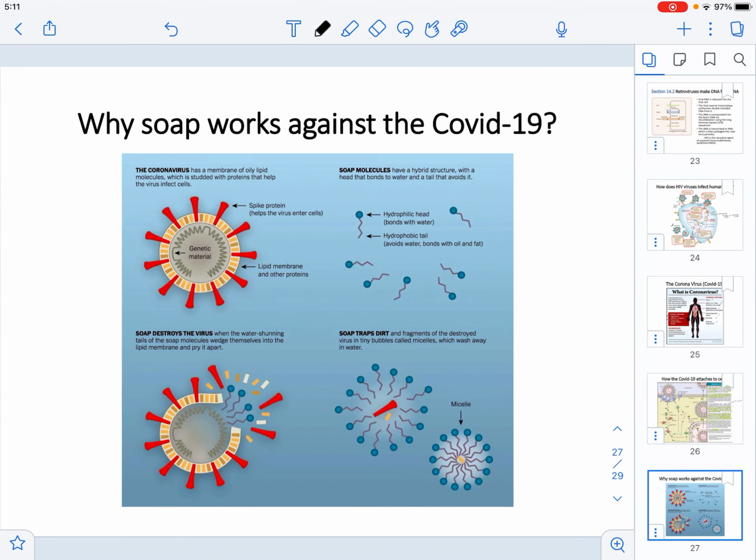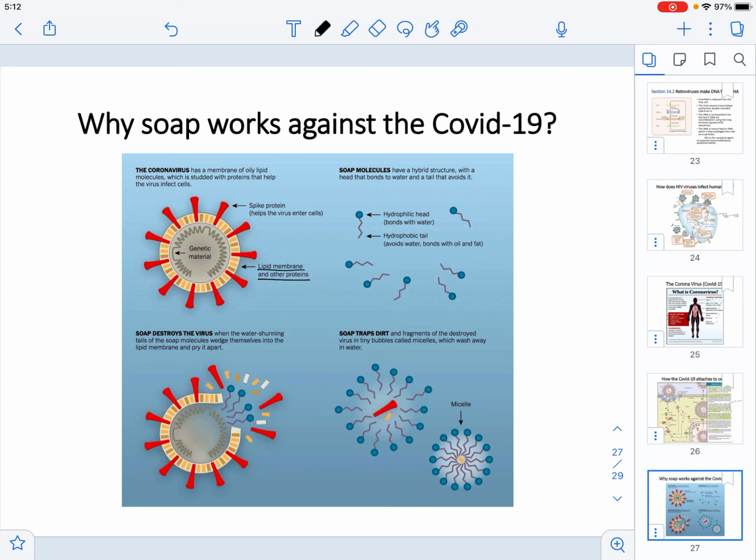Now, currently, one of the main recommendations that have been given by doctors and even the health association around the world is to wash your hands as you move in everyday life and even when you come home. So you may be wondering, why is it that soap will work specifically against viruses, including the COVID-19 virus? One of the things is that it is known that the coronavirus has a membrane that is oily, meaning that it has this lipid membrane that contains the spikes, okay,